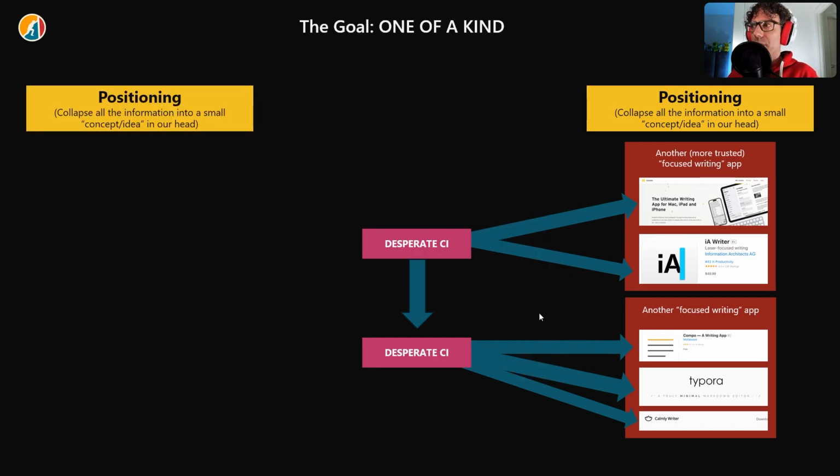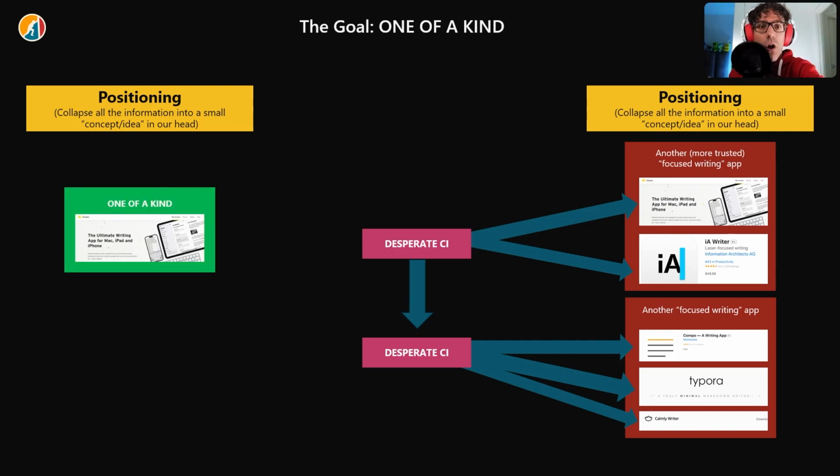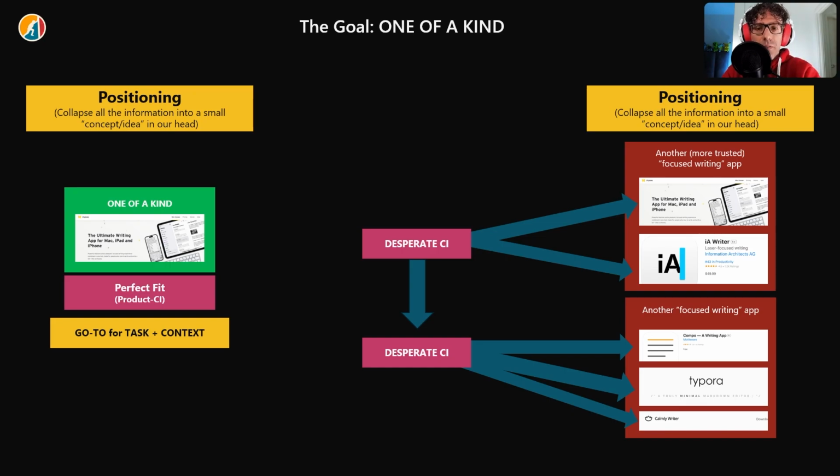Remember what the goal is here. The goal is to become one of a kind. So the user can clearly see, okay, you are different. You are alone in a box. You are that one for a reason. Then, if the reason why you are different matters to me, so that it is a fit, then we have the combination of, okay, you became the go-to for me. This is perfect. This is what I'm looking for. So I will choose you.